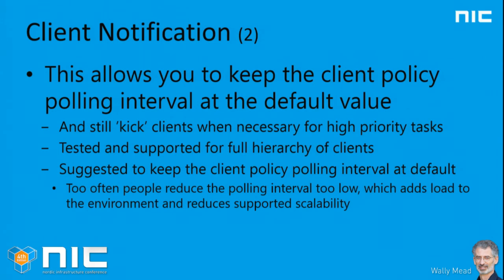So again, the downside to decreasing your policy polling interval is that it puts extra strain on your environment and it reduces your scalability. By default, you can support 25,000 clients per management point, which sounds like a lot for you guys. But let's say you take that 25,000 and go from an hour cycle to a 10-minute cycle. You've dropped your supported number of clients by 1/6. So instead of supporting 25,000 clients on an MP, you're now supporting 4,000 clients per MP, which still may cover enough for you guys,